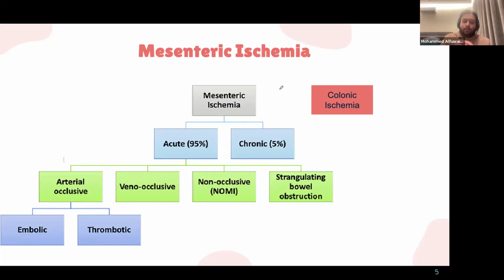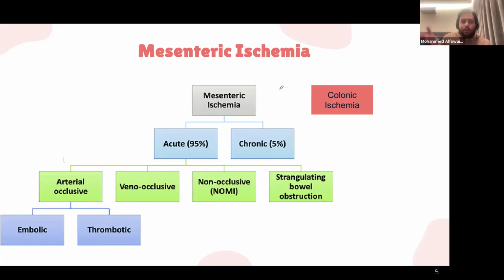How would they present? This is a more chronic disease, so they will present with it over time. Usually, this will present as something that we call intestinal angina. What is that? Basically after they eat, they will present with abdominal pain. Why is that so? Because when you're eating, to digest food, you need adequate blood supply. So the blood supply to the bowel when you're eating will increase. With someone who has atherosclerosis of the superior mesenteric artery,